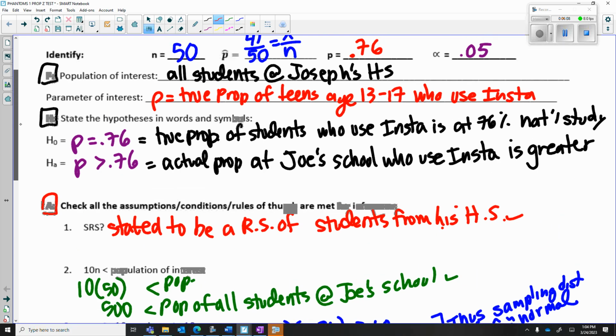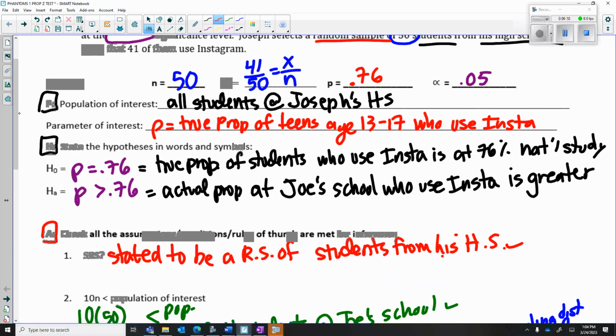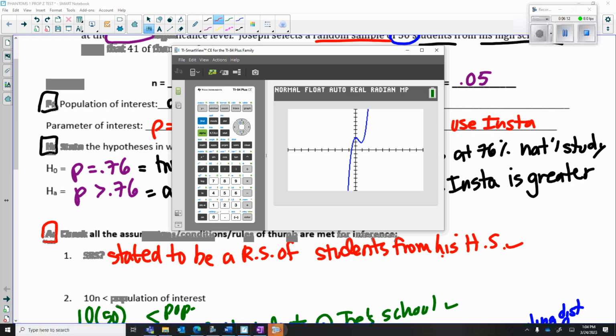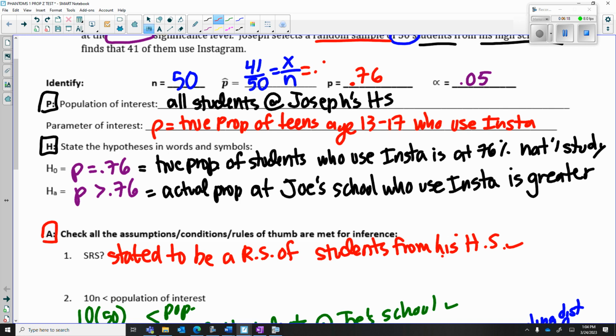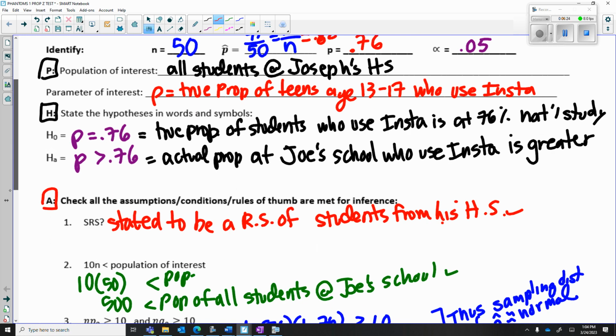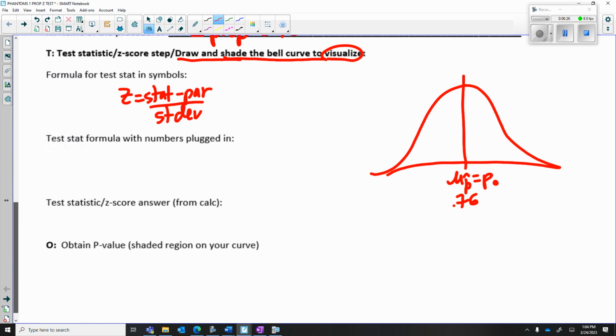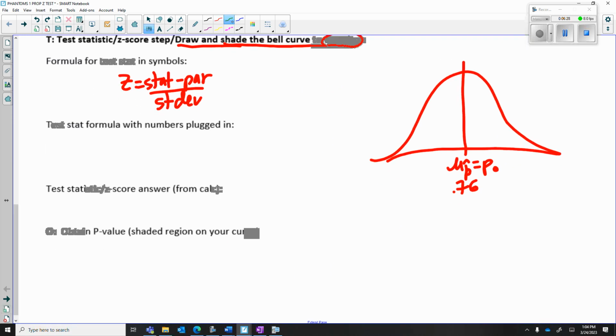Now, if you go to his p hat, he got 41 divided by 50. So we did not divide that out. Let's do that now. 41 divided by 50 is 0.82. And we do see that 0.82 is greater than the 0.76, but is it statistically significantly greater? That's the question. So we're going to put a line to the right, label it 0.82,